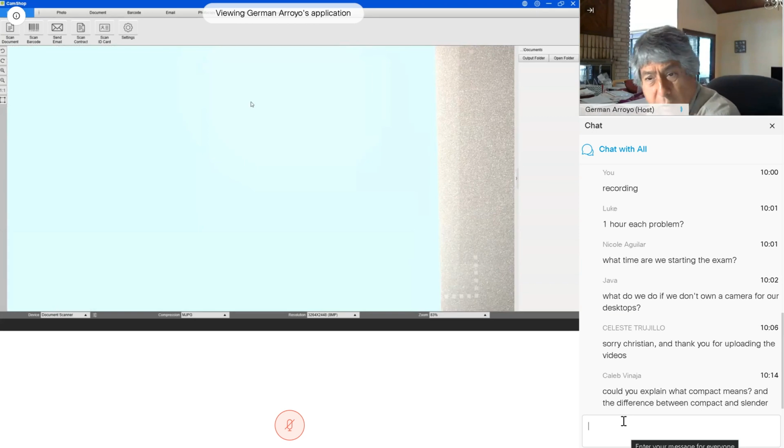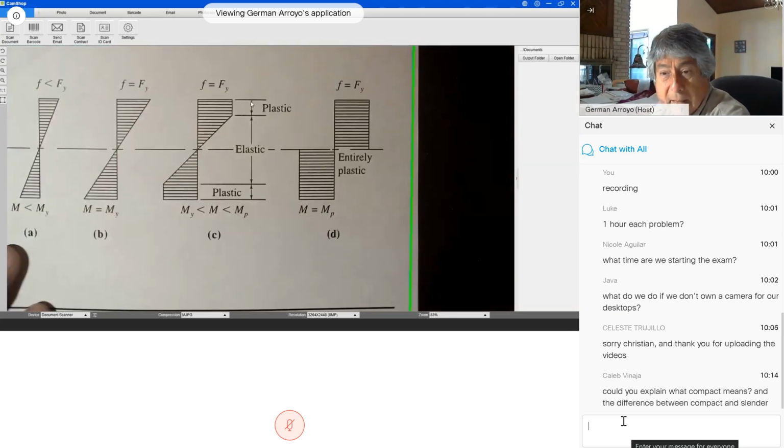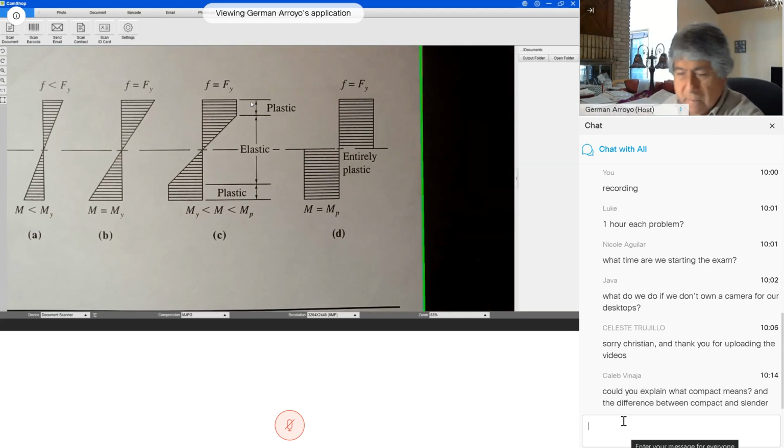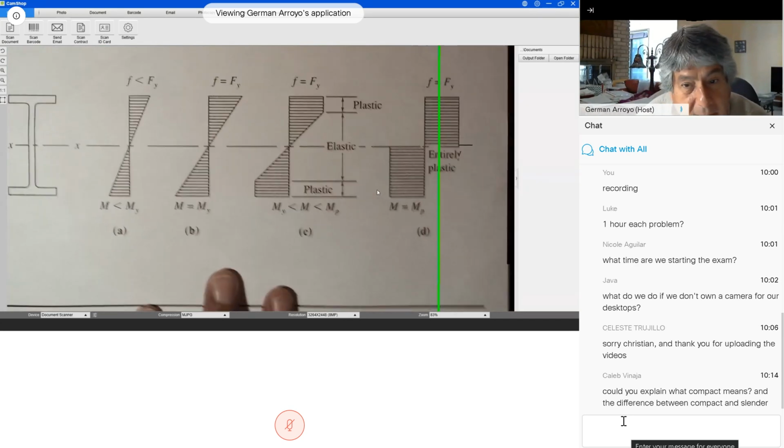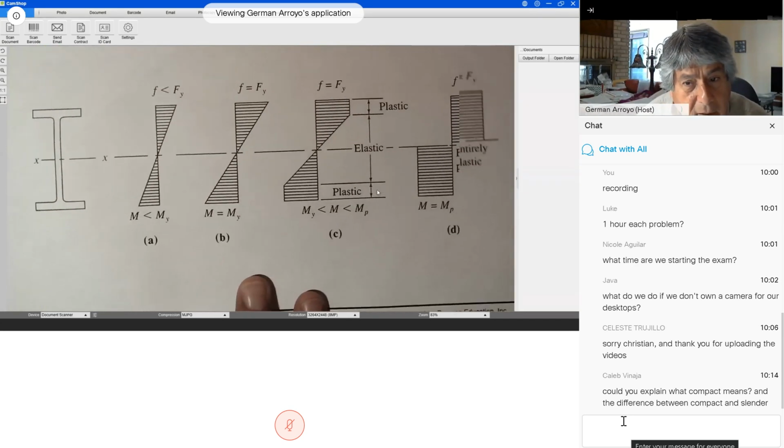There's a question about what compact means. Right? A compact section is the one that can develop a plastic hinge. So look, if you look at this